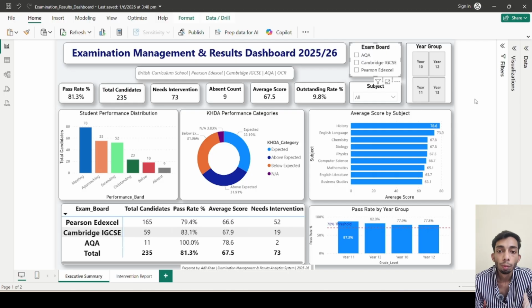The exam board performance matrix is the most data dense visual on this page. It shows total candidates, pass rate, average score, and the students needing intervention for each exam board side by side. This gives the head of examinations an instant comparison of performance across Pearson Edexcel, Cambridge IGCSE, AQA, OCR, and internal